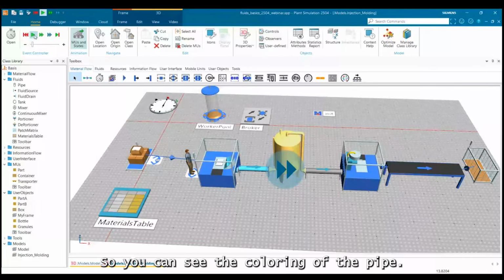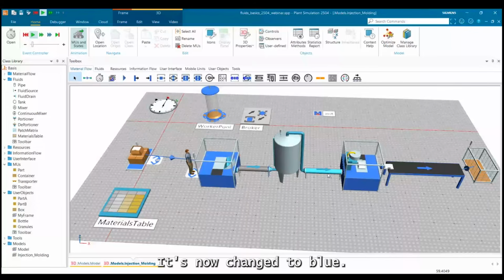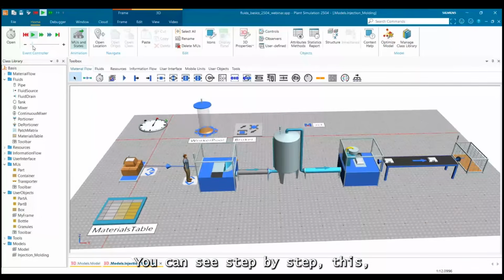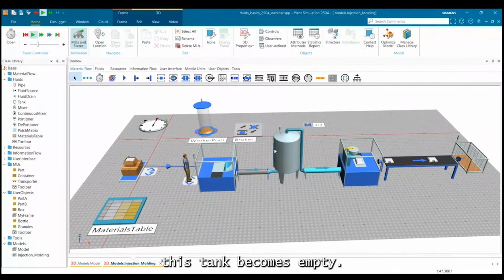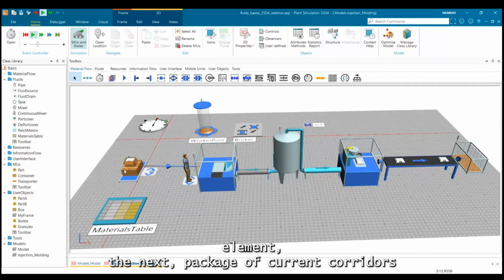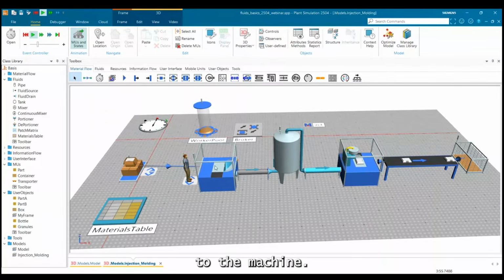So you can see the coloring of the pipe is now changed to blue. And now the production is starting here on the injection molding machine. You can see step by step this tank becomes empty, and now we need a second sensor to move the next package of granules to the machine.